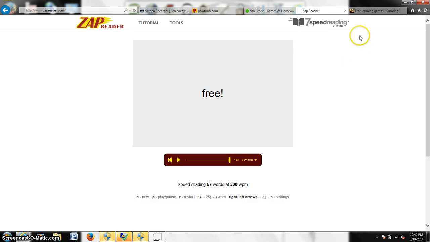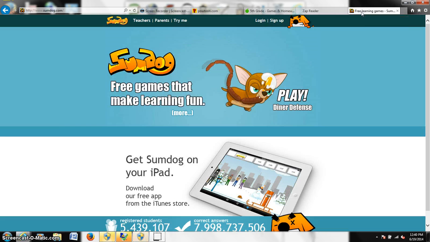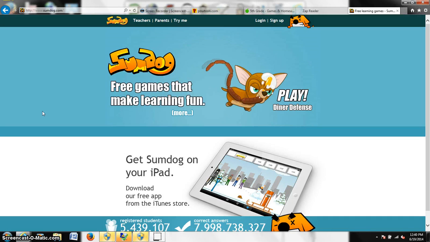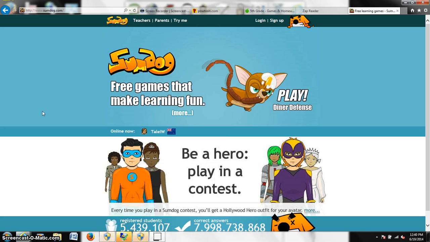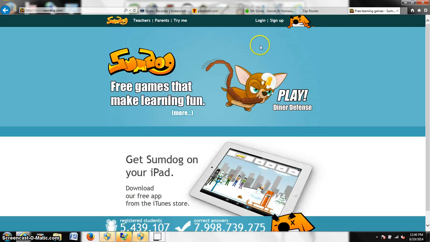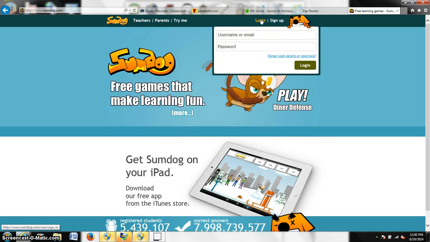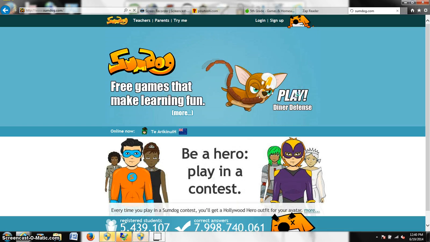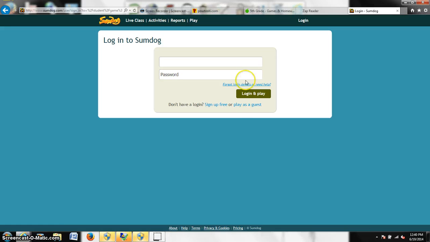The third one was my mobile web 2.0 tool, and it is called SumDog. SumDog has educational games that will motivate students to practice their math skills while you have full control over what they learn. The thing I like about SumDog is they can either log in, they would have their own login information, so they could do that. I am going to just log in as a guest so you can see what the program